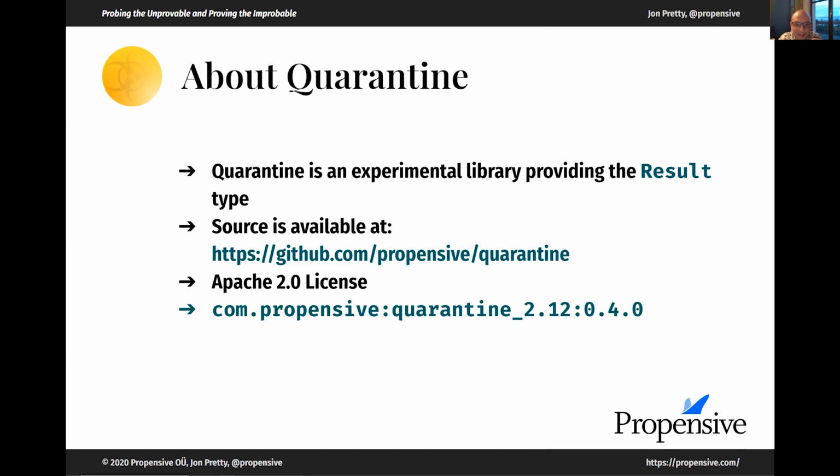Falco asks, does Quarantine have any documentation? The answer is not quite, but I think the GitHub page at the moment is an even worse representation of the current state than reality. I think I have some unpushed changes which have partial documentation. I wanted to find time to finish it off with more documentation on what those methods are, but I didn't find time.